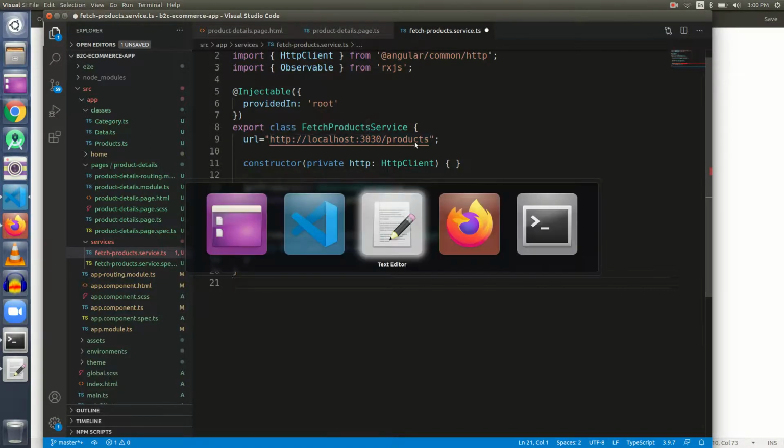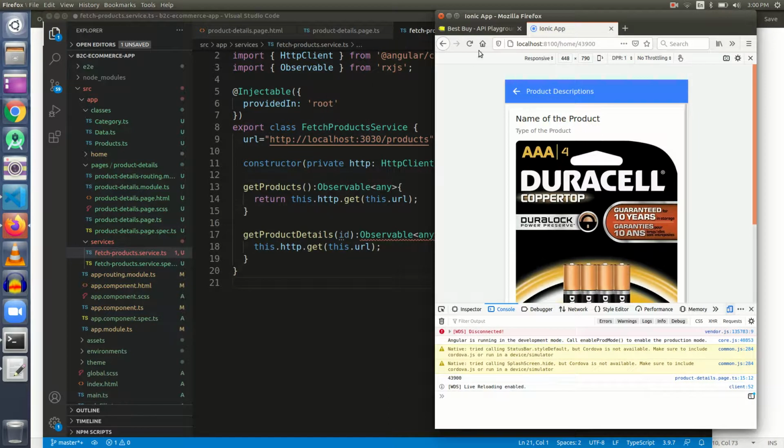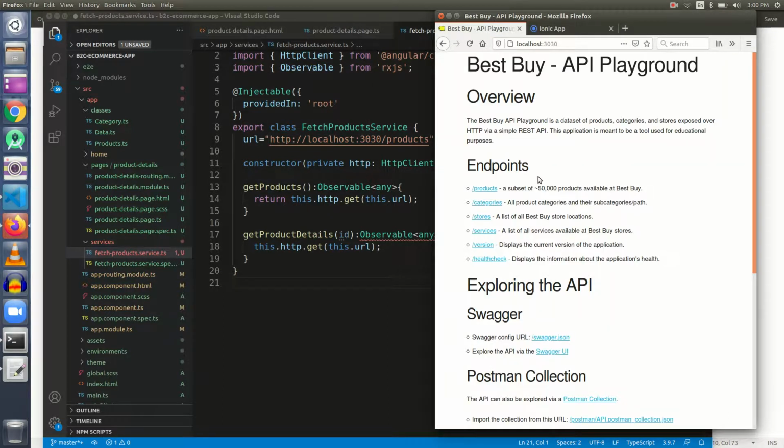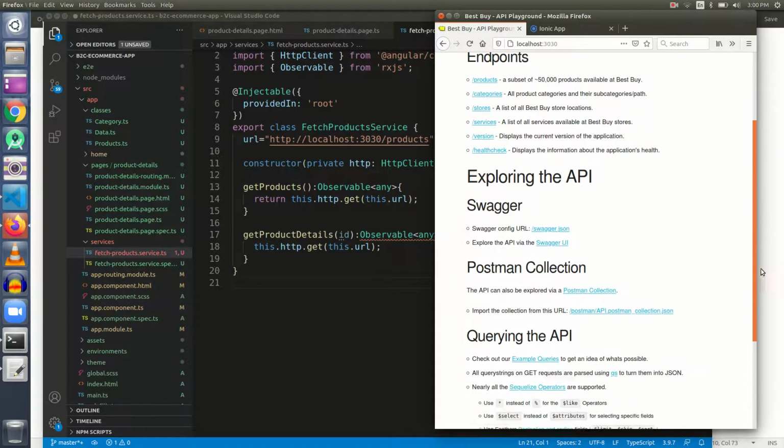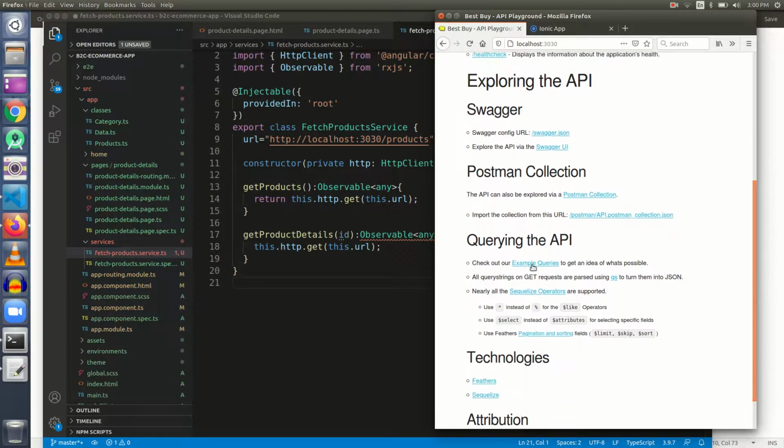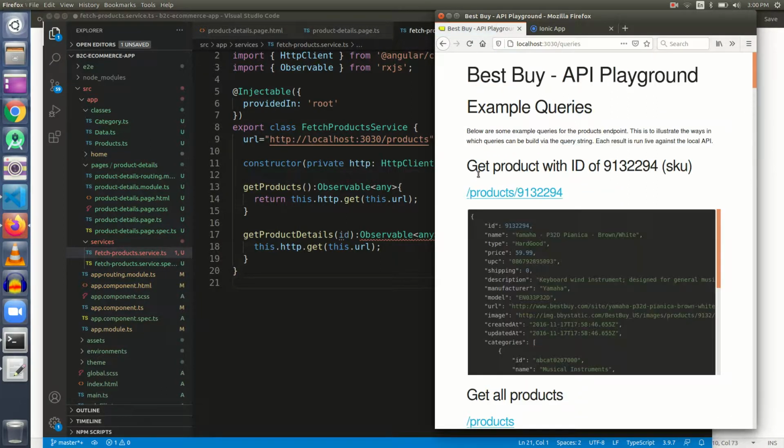Let us go to our API. This is our API, and if we ask for products, we'll get a whole list of products, but we don't want a whole list of products, we only want a particular product whose ID will be passed. So just scroll down and go to these example queries, and you will see here, get product with ID this. To get a product with ID this, we must hit this URL, products, and then a slash and then the ID.